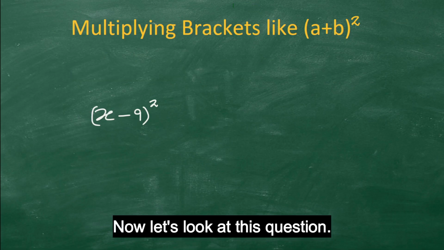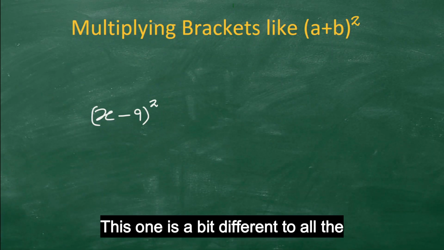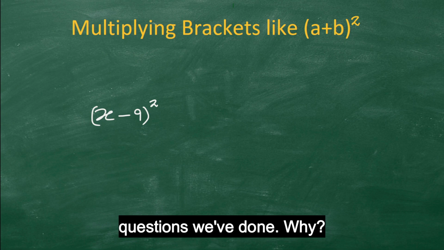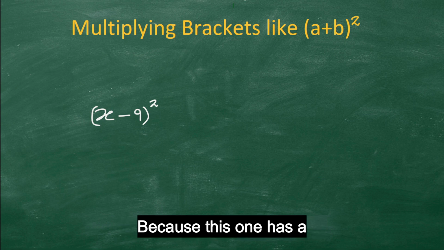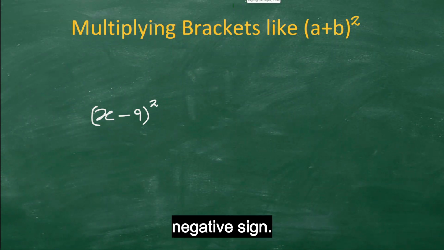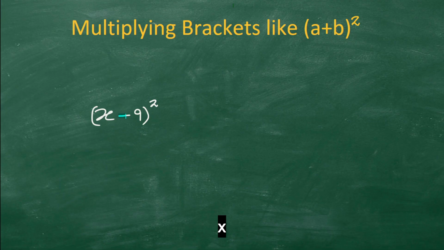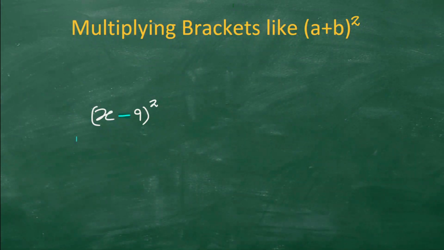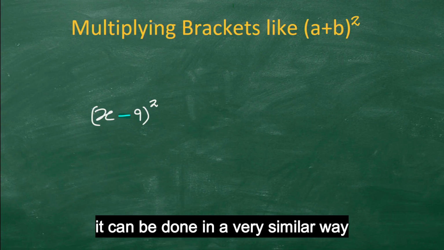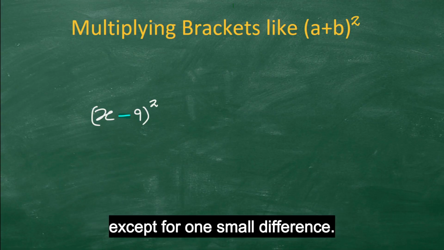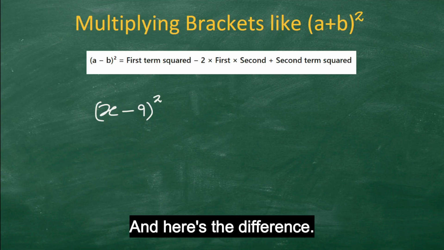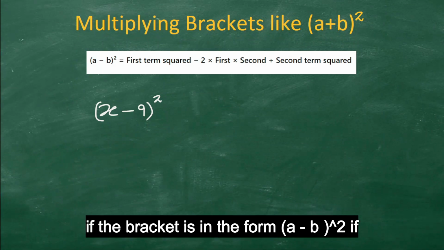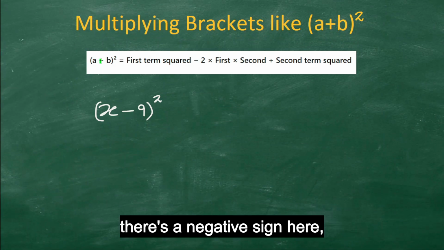Now let's look at this question. This one is a bit different to all the questions we've done. Why? Because this one has a negative sign. See, (x - 9), everything squared. So how does this work? Well, it can be done in a very similar way, except for one small difference. And here's the difference. If the bracket is in the form (a - b) squared, if there's a negative sign here,